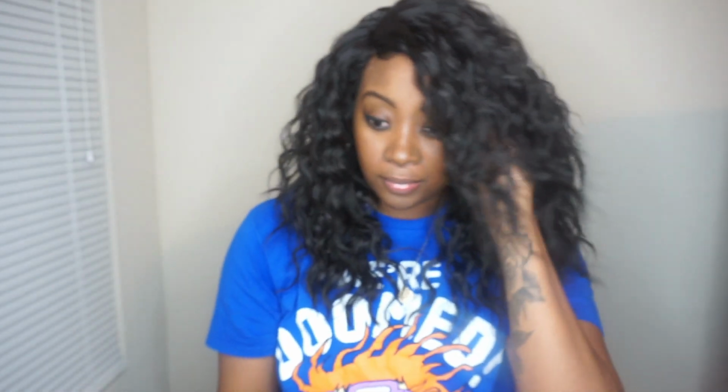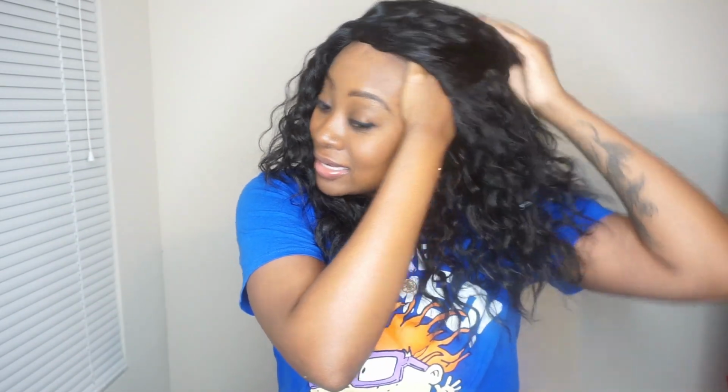So as far as, is this wig big head friendly? Let's see. To me, it is. I have it on the closest loops in the back, and I still have wiggle room, so